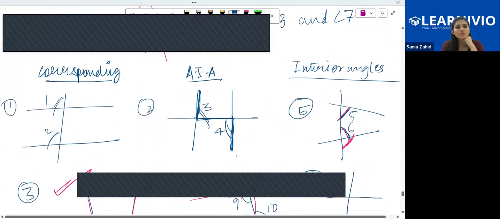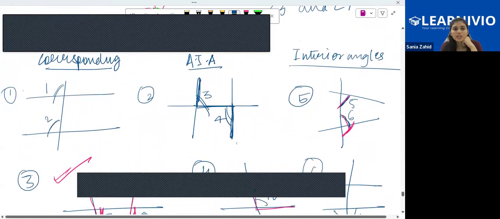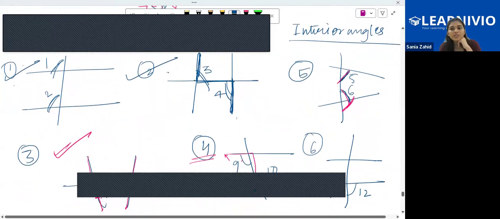Okay, look here. In the first question, I told you these are corresponding. Both of you know why they are corresponding. Are first and second clear? Yes, ma'am. Okay, come to the fifth one. In the fifth one, angle 5 and angle 6. Both of them are interior. So check if they are alternate interior or not. They are not alternate interior. Why? Because if they were alternate interior, they would have been formed on a Z. But they are not forming on a Z, so they are